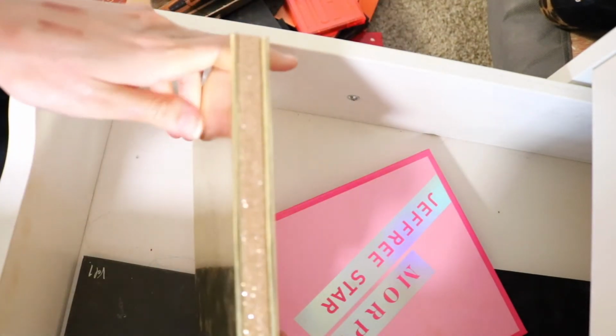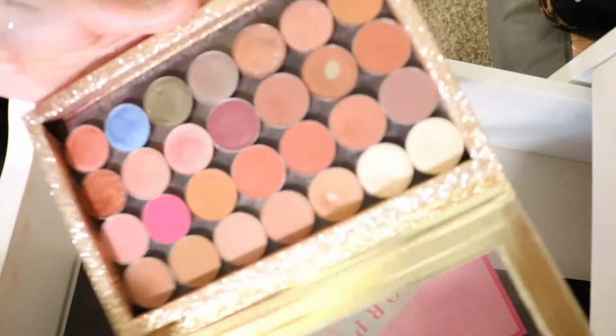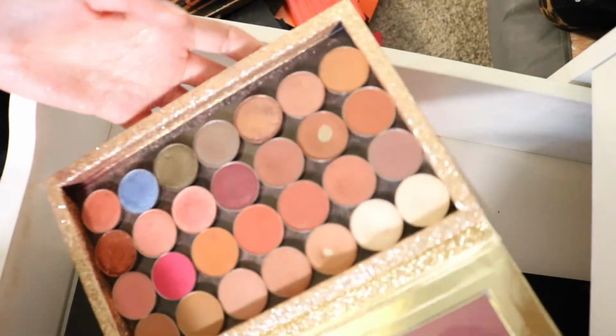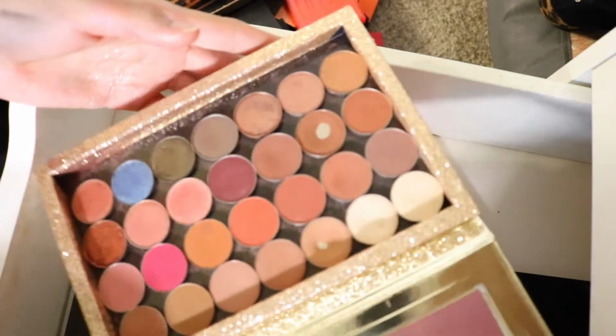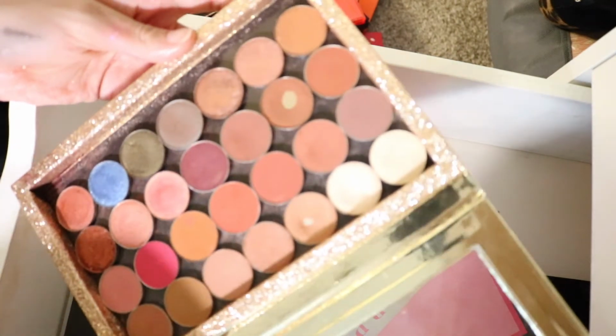Okay, this gives me so many memories. First of all, look at this Z palette. Look how pretty she is. Remember when Z palettes were literally everything and more? So this is a compilation of all my favorite single shadows. It's crazy to look at this because nowadays, clearly you can see which shades I absolutely love,